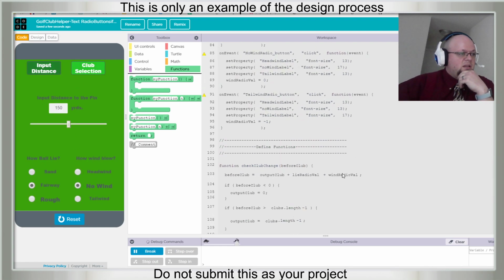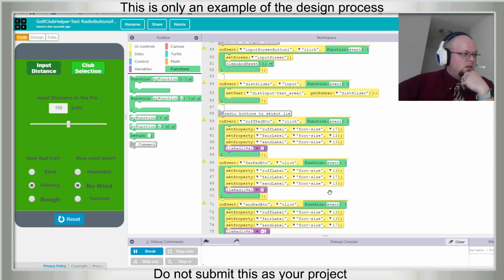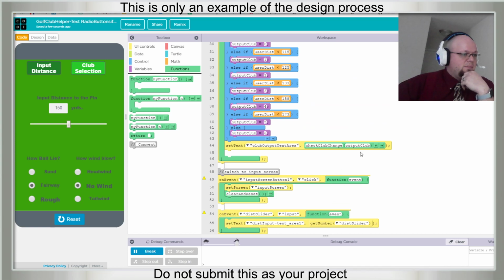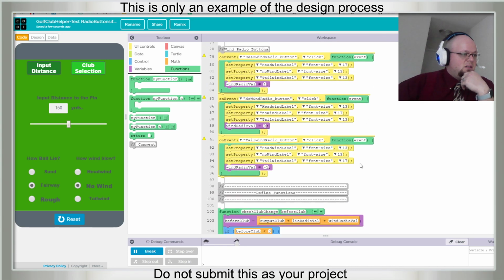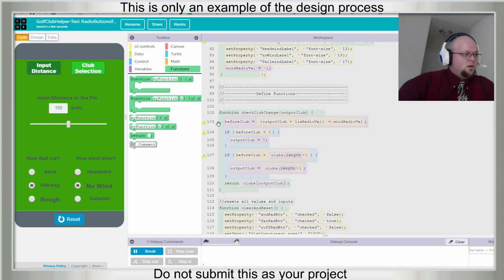We are getting a return function. The return function is sending something. Let's see, before club is less than 0, is output club plus, no, this should say output club, and we need to var before club.